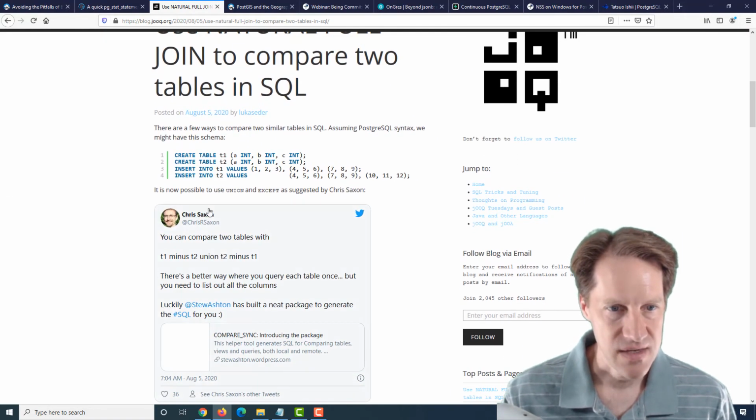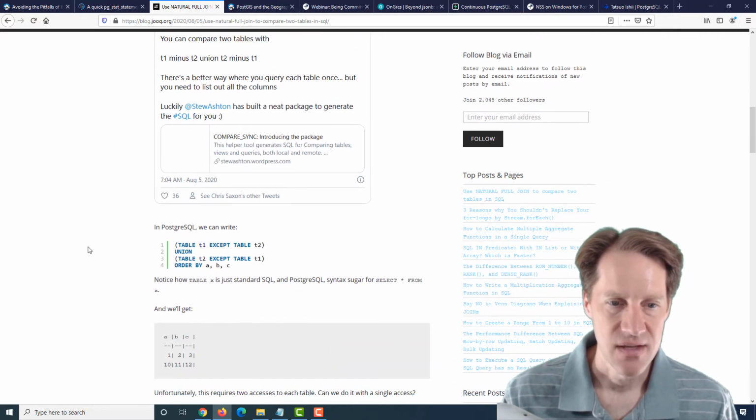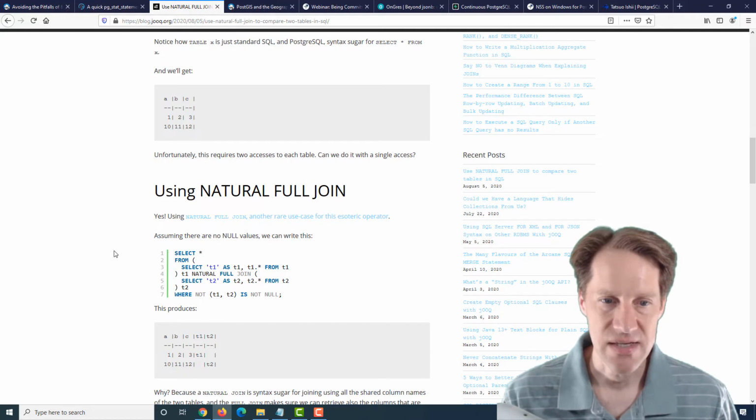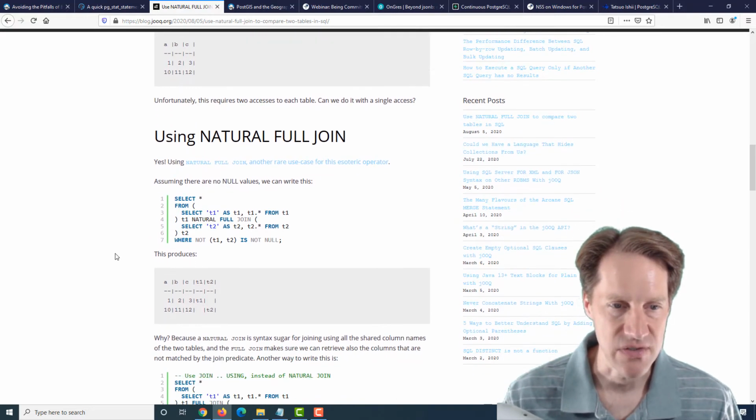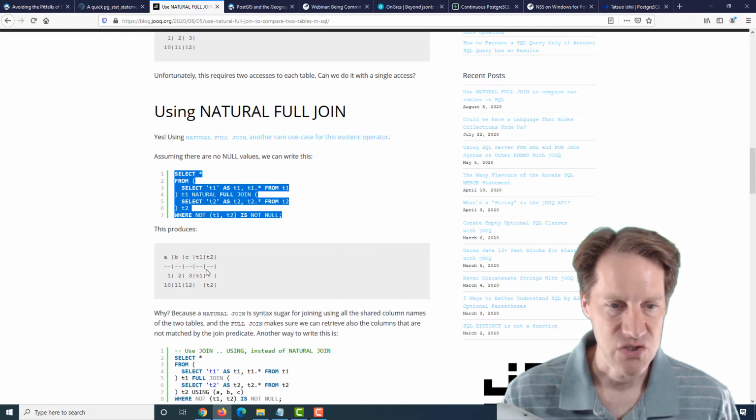So he had seen a post that was using union and except to compare 2 tables and show the differences, but he felt it was a more efficient use to use a natural full join. So this compares all the rows of the table between different ones and finds the differences. So here's his implementation here, and it basically shows you the differences as well as the table where the values